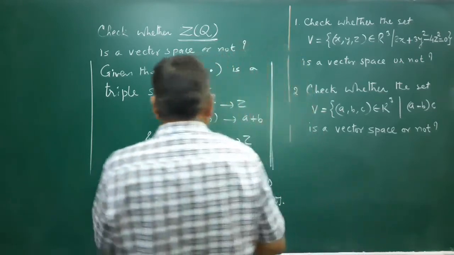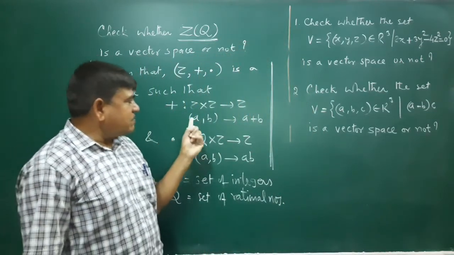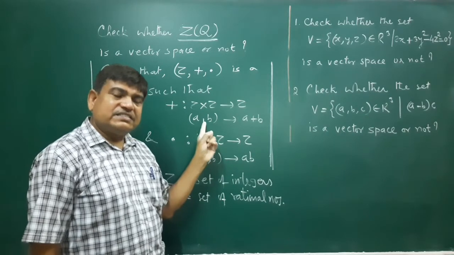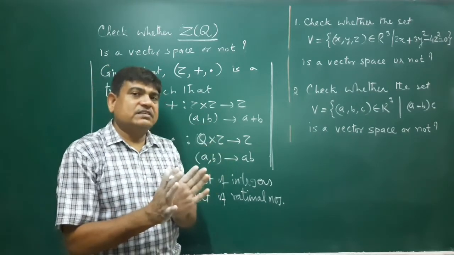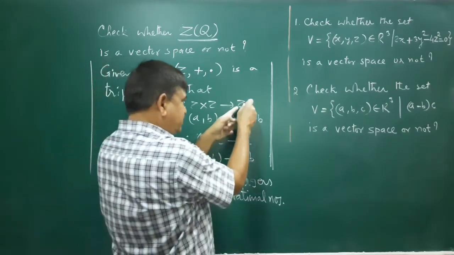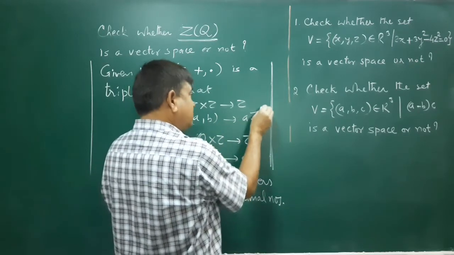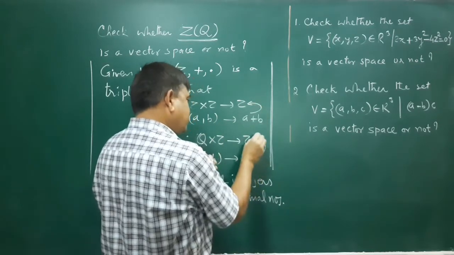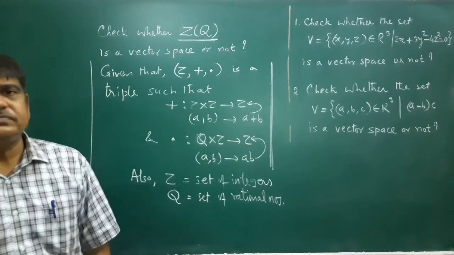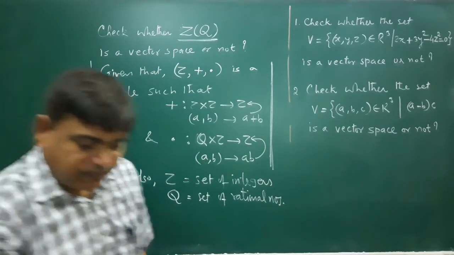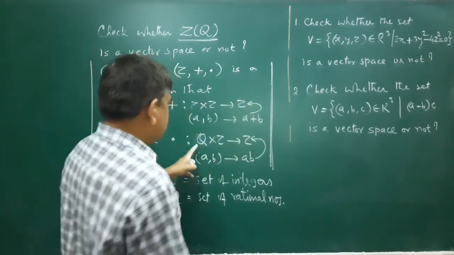Okay. Now we come to this one. Sum of two integers is always an integer. And you remember this belongs to this one. Here it is. It must be in this. It must be in this one. Now if I consider from Q,